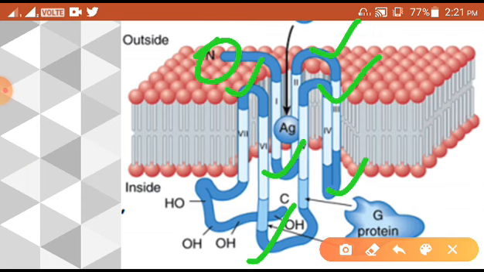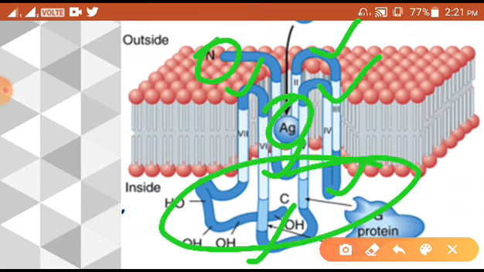Now in this particular structure, if you want to see where the agonist binding site is, the agonist binding site is located at the extracellular domain of the helix, somewhere at the extracellular side. This is your ligand binding domain, right? In this site the ligand is actually binding. Another recognition site is formed by the cytosolic segment. Now come to this cytosolic part, which is the whole intracellular part. In this, if you see,